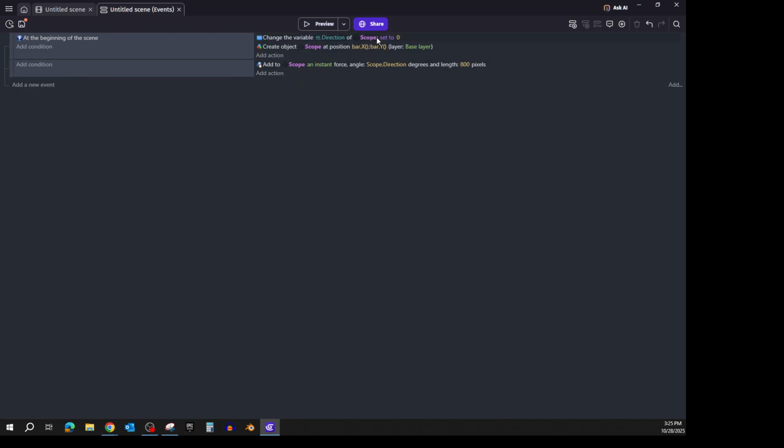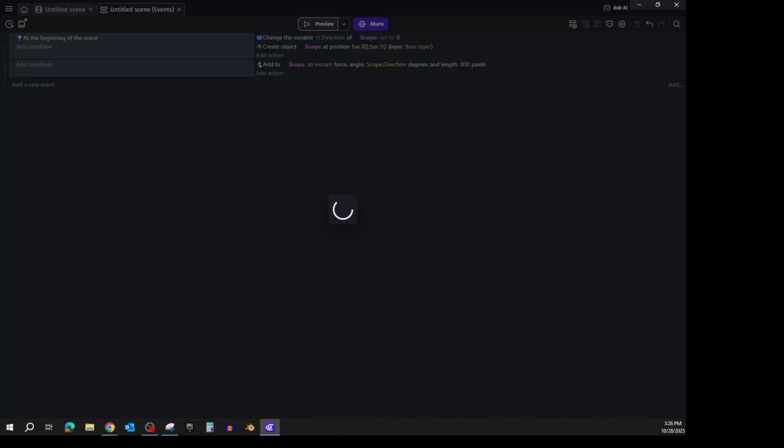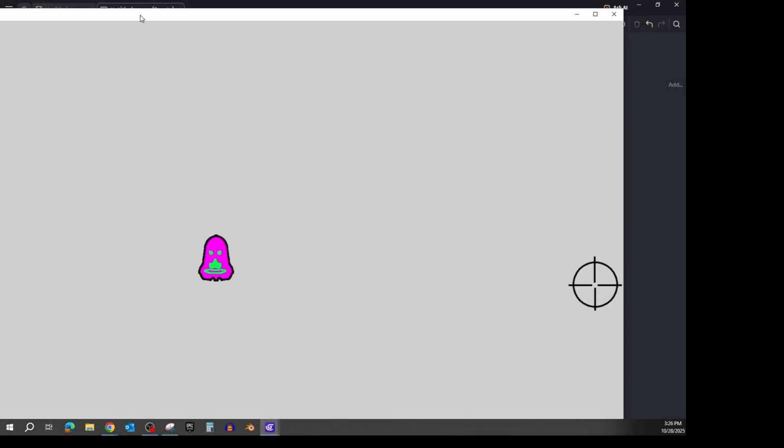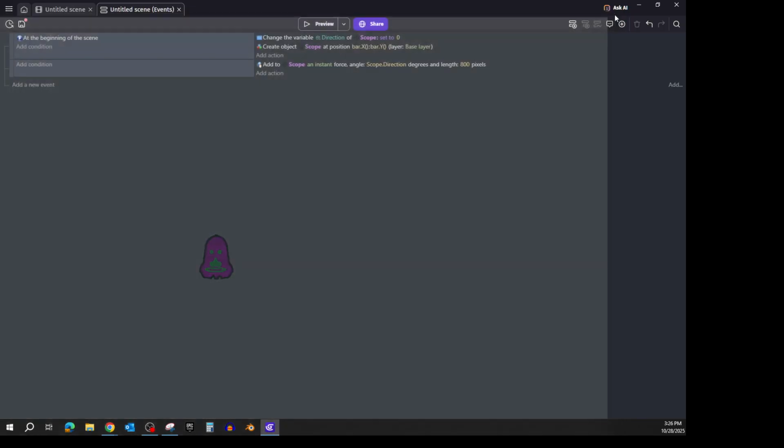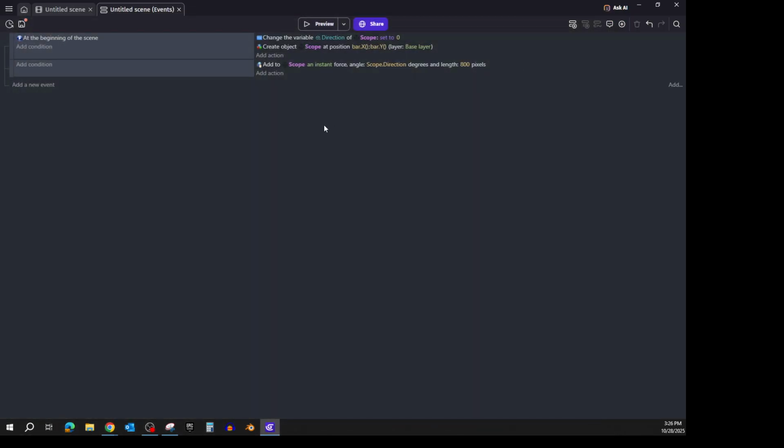So I create the scope, set it at bar x, bar y. And I change the variable of our direction to 0. So it's going to be going to the right. Then I add an instant force at the scope direction, which is 0, to the right, at a speed of 800. Let's check it out. It's going pretty fast. All right,